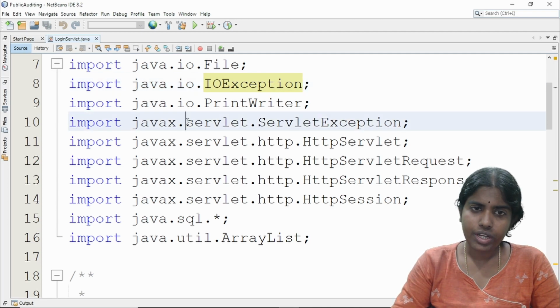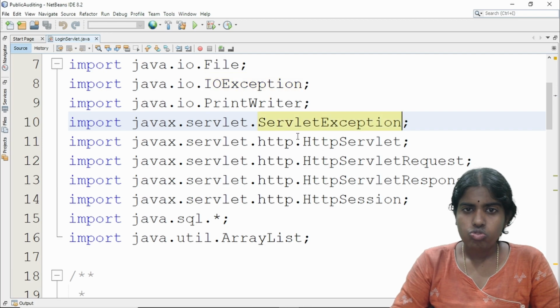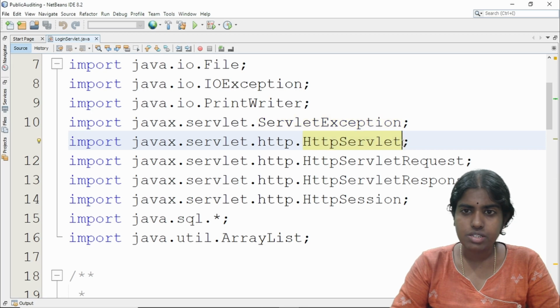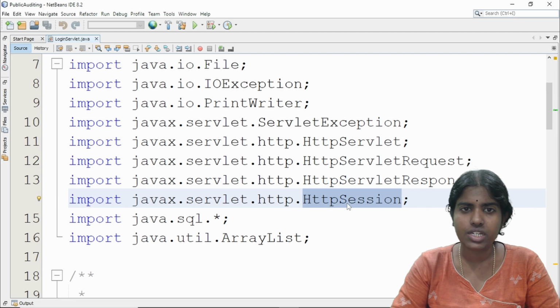Then I'm importing javax.servlet.ServletException, whenever I want to handle any servlet exception. And then I'm having HttpServlet, which is the parent servlet, along with servlet request, response, and session.